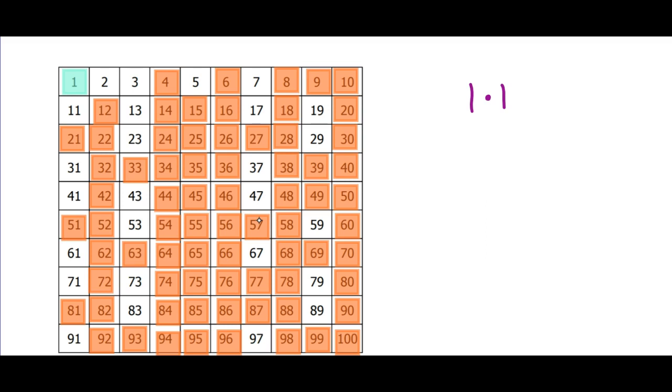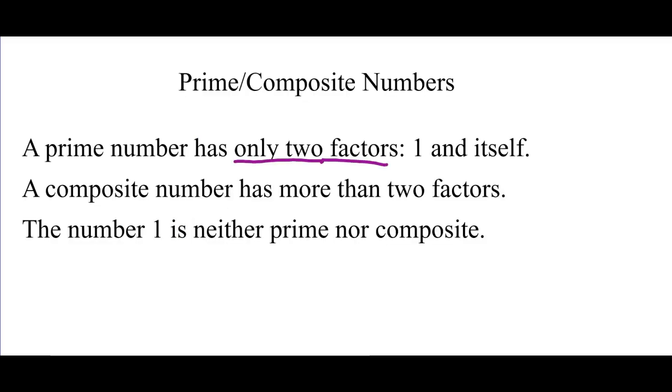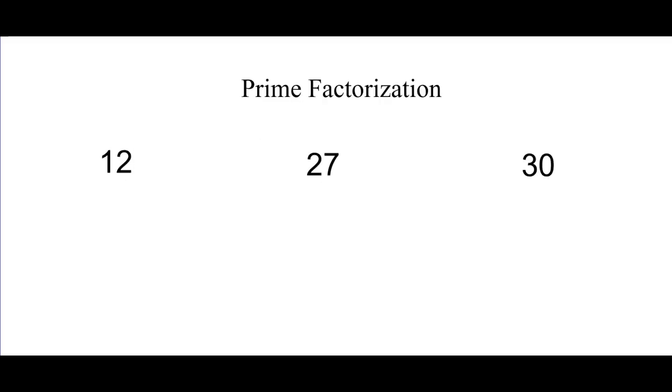And so that's why 1 is also not a composite number, because it does not have more than 2 factors. So we say the number 1 is neither prime nor composite. Now, a long time ago, they used to consider it prime, but since then they have removed 1 from the prime numbers set. So when we talk about moving on here, prime factorization,